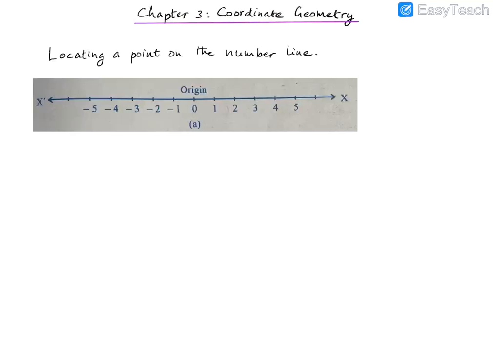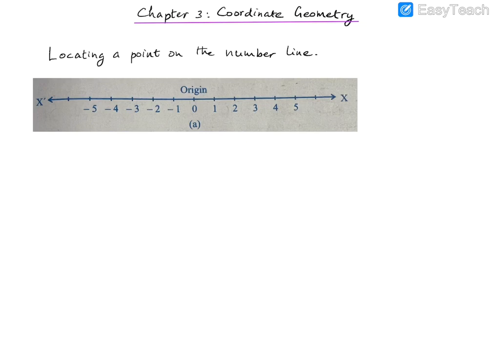In this video, we will be covering chapter 3, which is coordinate geometry from the textbook. The whole idea of this chapter is to find a system or a mechanism to locate a point on a flat surface. Suppose we have a piece of paper, and on the piece of paper there is a point that is marked, and we want to have a system to represent that point in a unique and unambiguous way without causing any confusion. We should be able to represent that point using some representation that uniquely